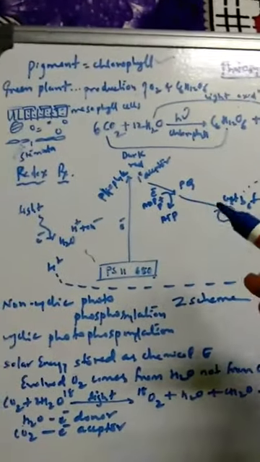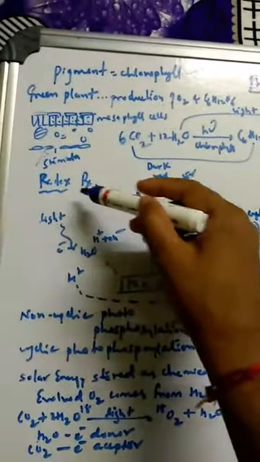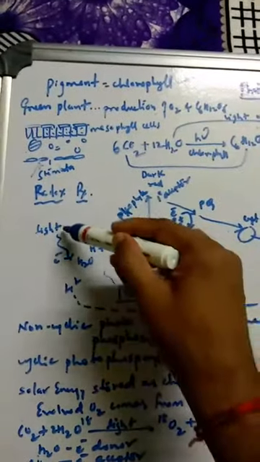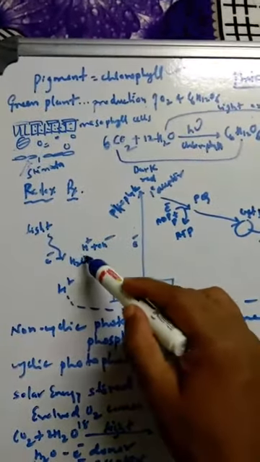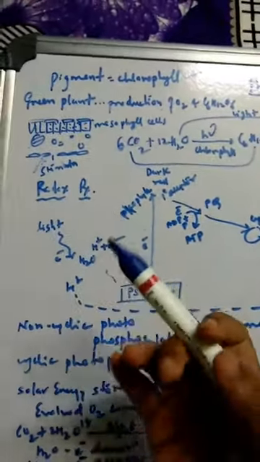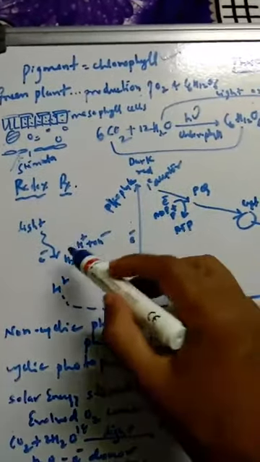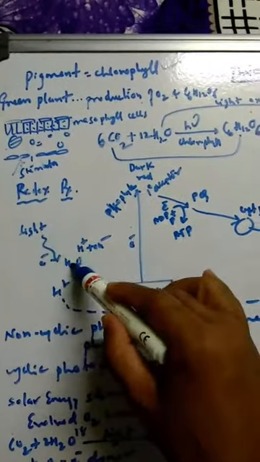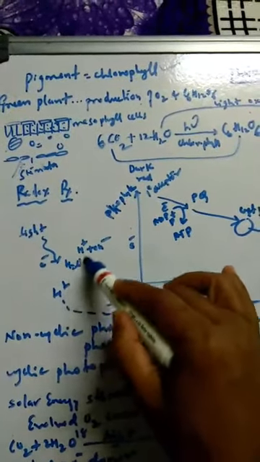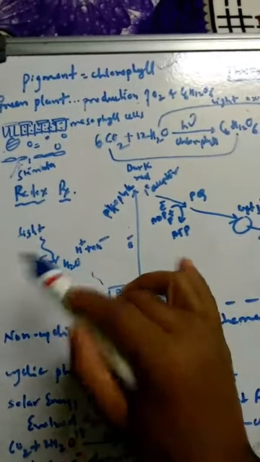So what is the mechanism here? You can see here, it is a redox reaction, photosynthesis. When light falls on the leaves, by water capillary action and osmosis, water is inside the plant. The first thing is light falling on the leaves, and the water will be broken down into H plus and OH minus with liberation of electron.